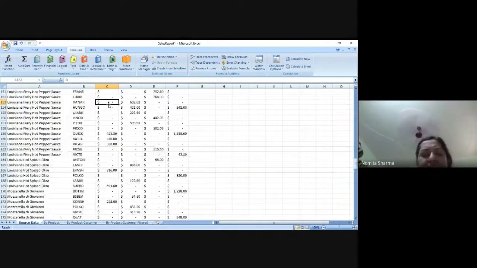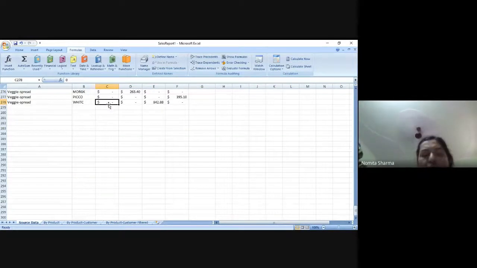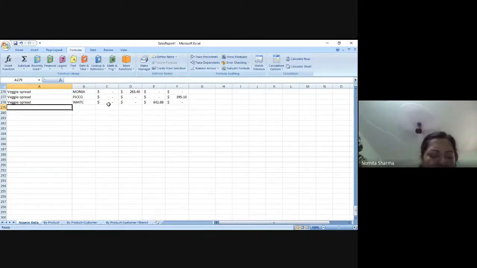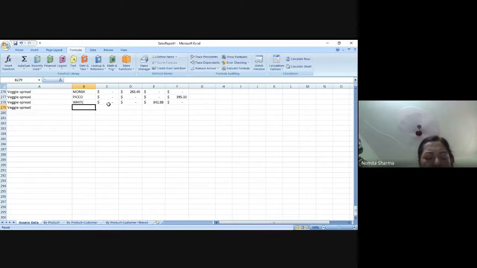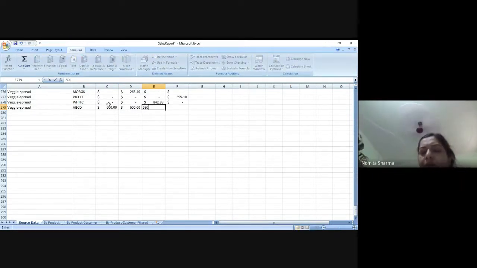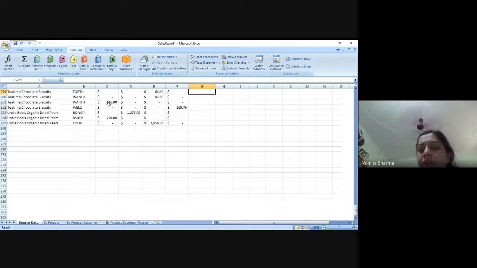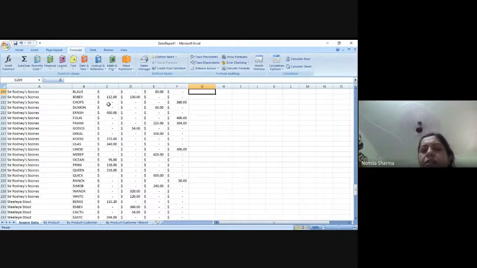I can also add, let me see at the end, I can also add more names over here. So if I just write veggie spread again by, maybe any other person, and I can write the amount here, and then this will give me that particular sale in that particular quarter, right? So if I do that same totaling for all columns,